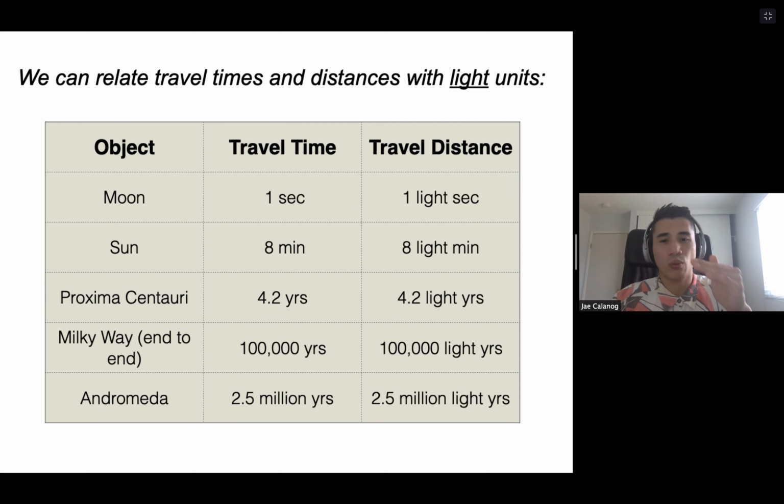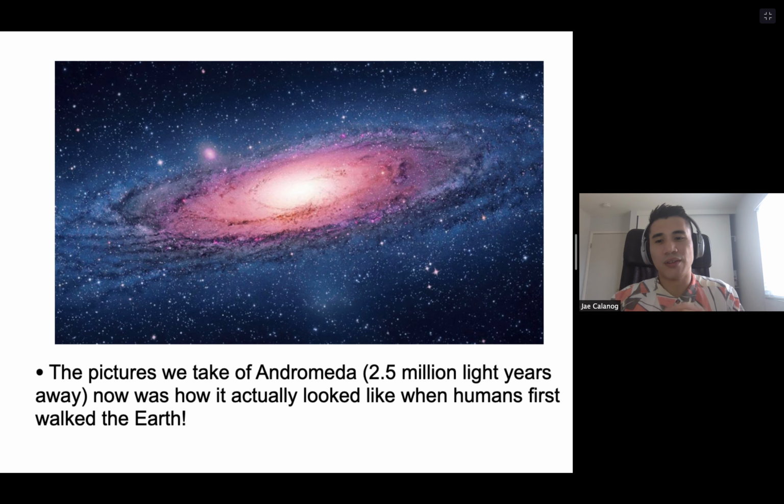So now when you go down further to these further objects, you can start using the more commonly used unit of light years, right? So now you can say, oh, Proxima Centauri is 4.2 years travel time for light, so therefore it is 4.2 light years away, right? So it takes like 4.2 years to get there from us. So yeah, it's one-to-one, so it's a pretty easy way to remember the travel times.